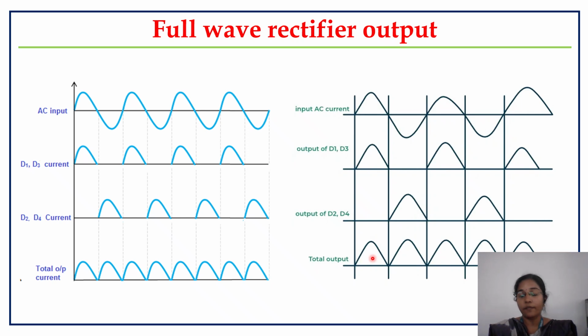When we see a half wave rectifier, it is simple, but most of the power is getting wasted. For a full wave rectifier with center tap transformer, the power is being used efficiently, but due to the use of transformers, the circuit becomes heavier. But when we have a full wave rectifier with 4 diodes, that is a bridge circuit, the circuit is simpler and also the power is being used